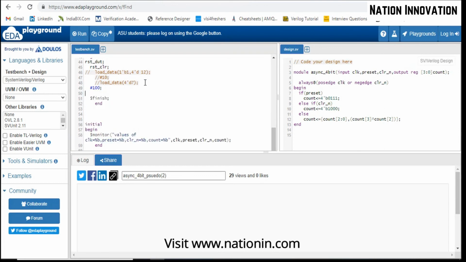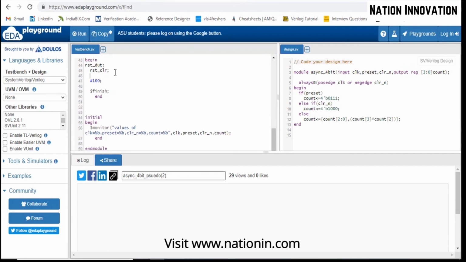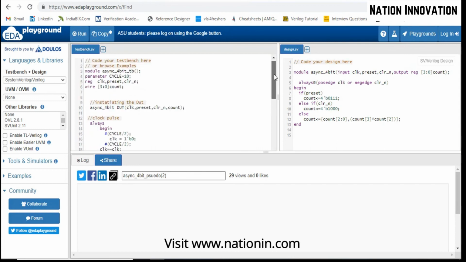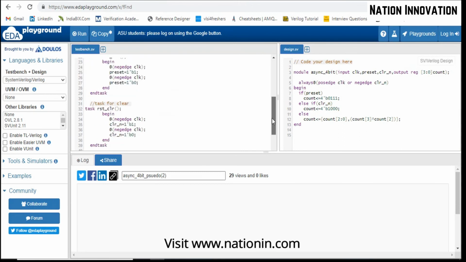So you can remove these parts. No need to write these commented statements, otherwise they may raise a question during your presentation. Remove the unnecessary parts, whatever is written. You can use comments; these comments will be helpful during your presentation also, to explain what you have written and why.